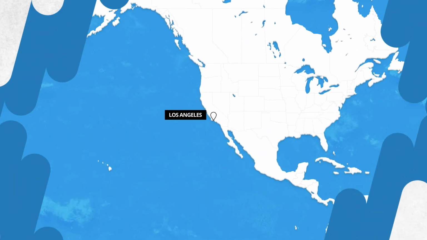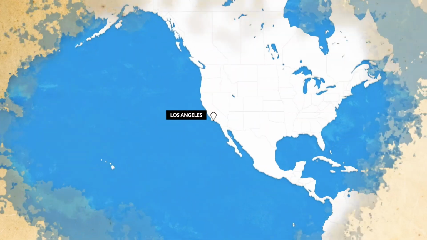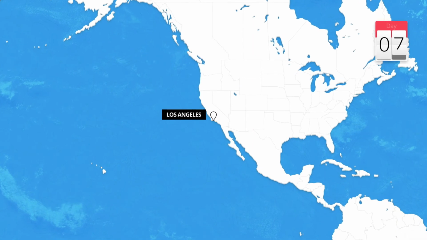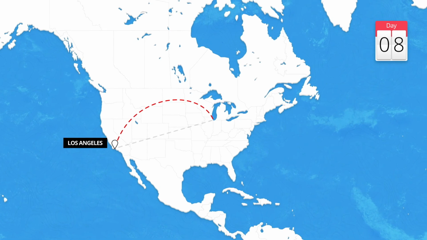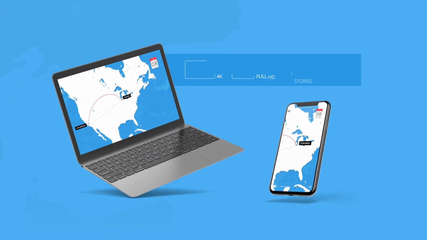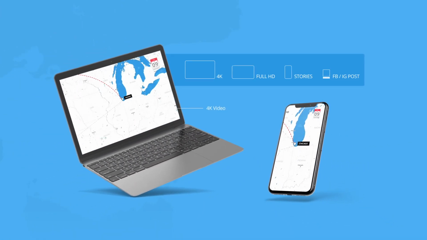Check out these cool opening transitions you can add to the start of your clip. Let's drop in a day counter to help us keep track of our time. And we're done. Finally, you can resize it to 4K or say that vertical look for your Instagram stories. And you're ready to render.